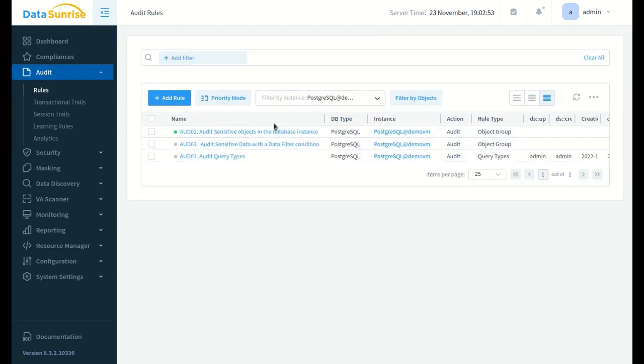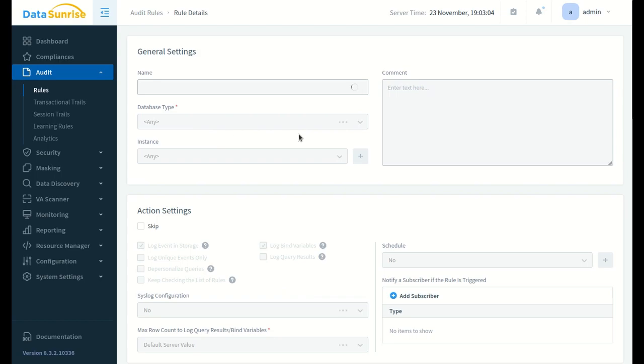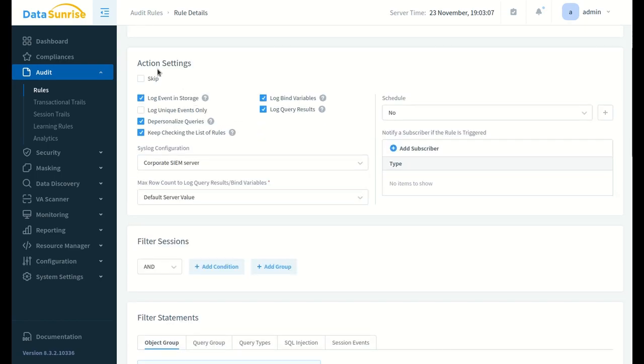Here's my database instance. I've configured this database instance, PostgreSQL, which is running on my virtual machine. And here's a rule enabled in my Data Sunrise. Let's check what's inside. In the action subsection of this rule, I'm going to log events in the storage. So my transactional trails will be filled with events if the rule is triggered. Additionally, I'm going to log bind variables and save query results if the rule is triggered into the audit storage